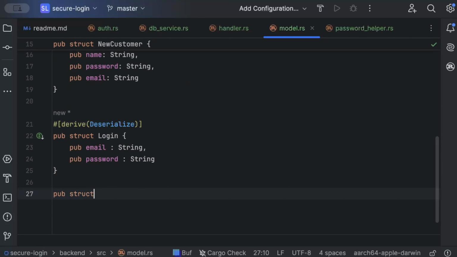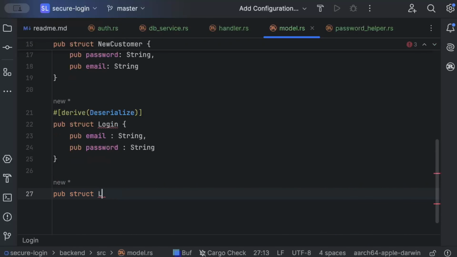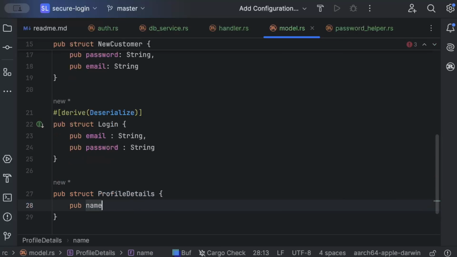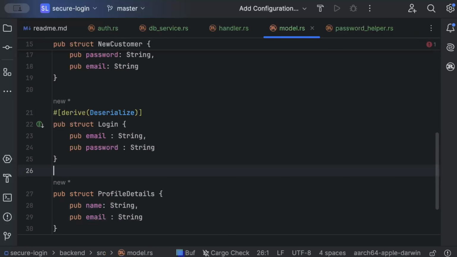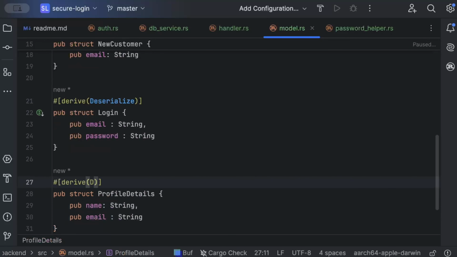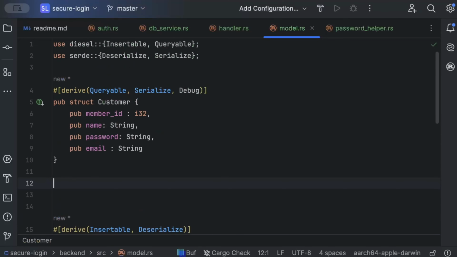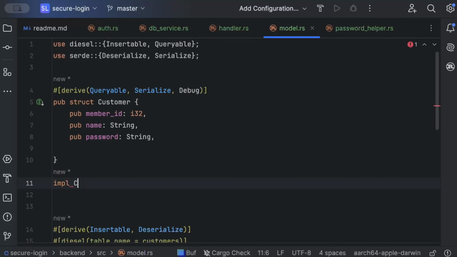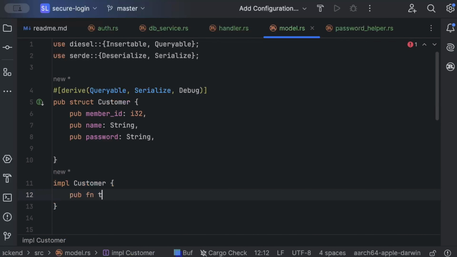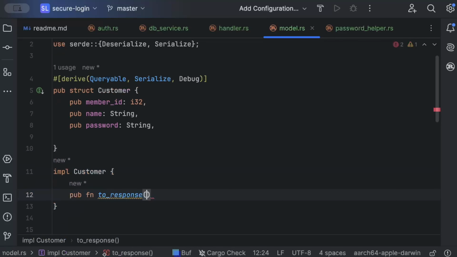and then we have the login response, or profile details, we can call it. So pub name as String and pub email as String, which is derive Serialize and Debug. And finally we have an impl for Customer. So impl Customer, fn to_response and self, ProfileDetails,